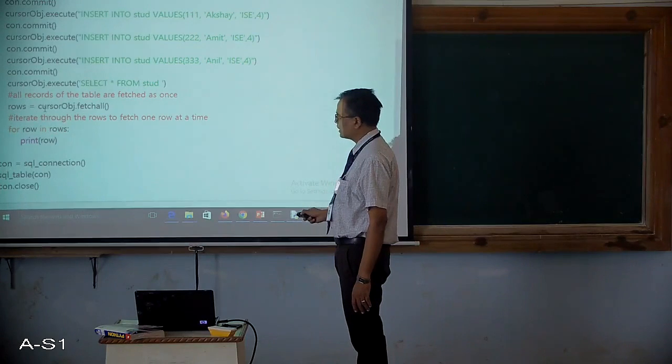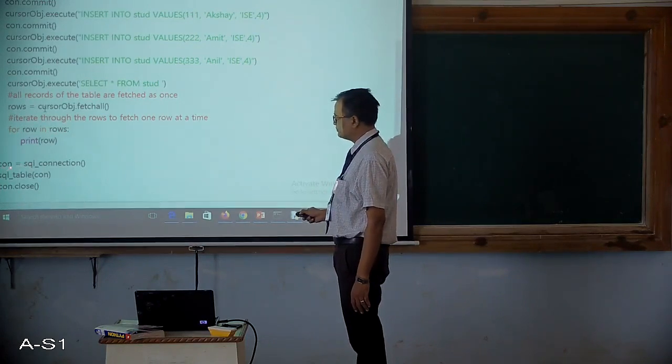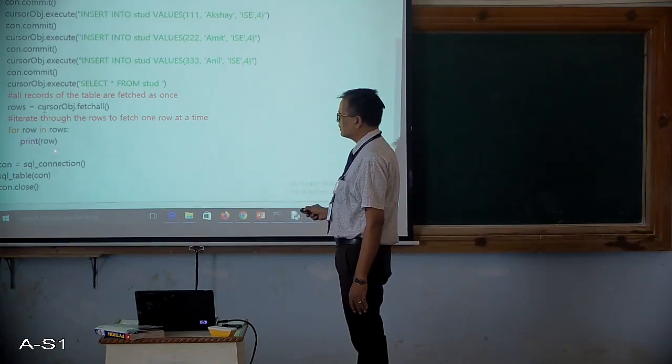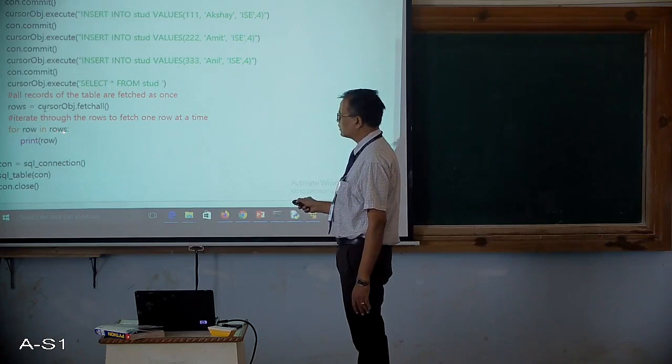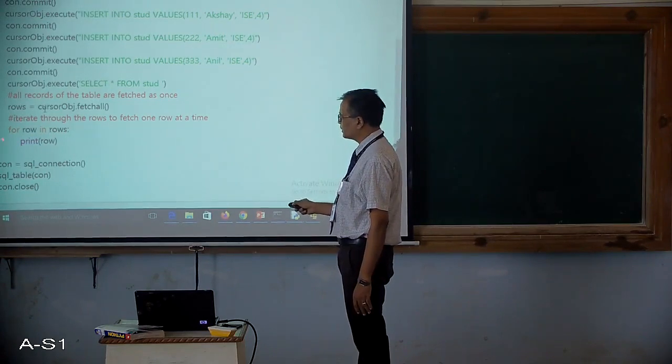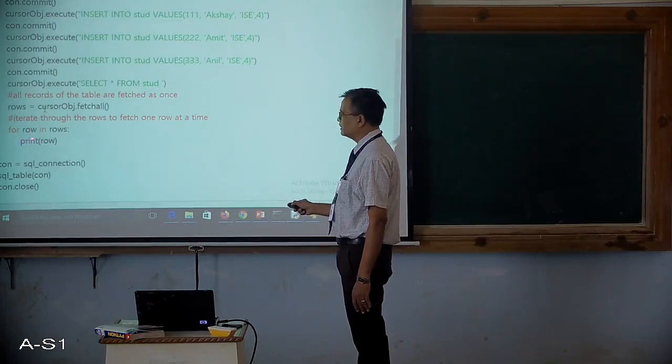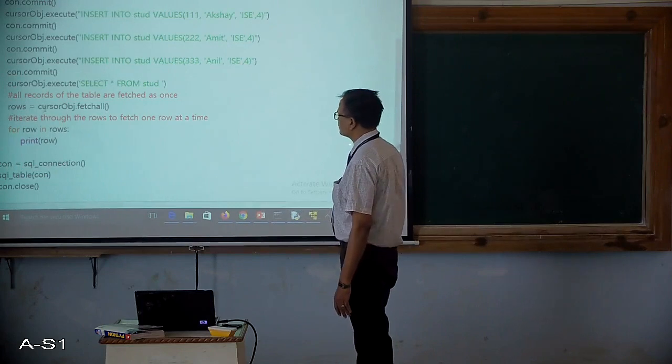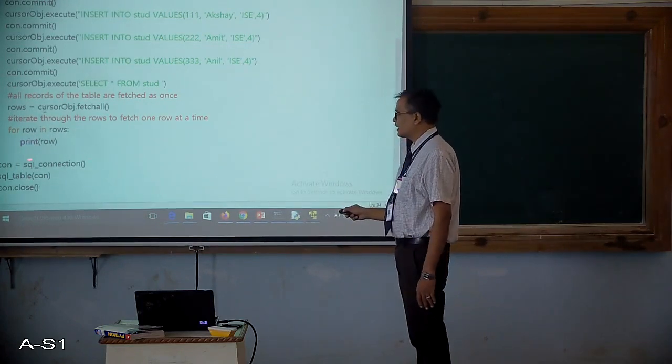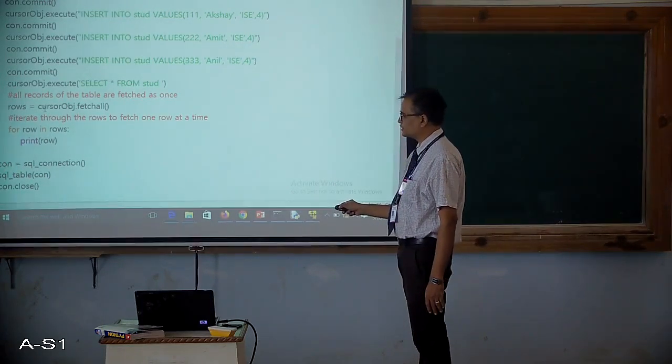And then this is how we do. So this particular function ends here. For row in rows, print row. So this particular for loop will execute for all the rows that are available in a particular table. Okay. Then this is the end of this particular function. Okay. And I have not written a main function here. I have just called the functions.